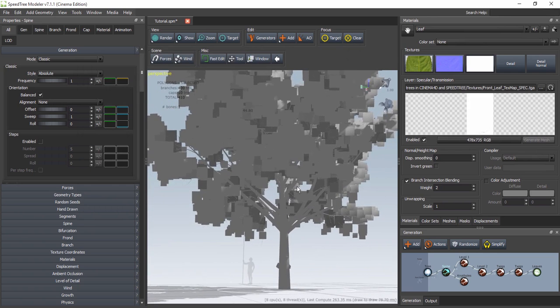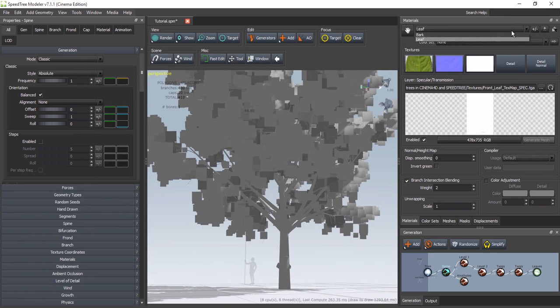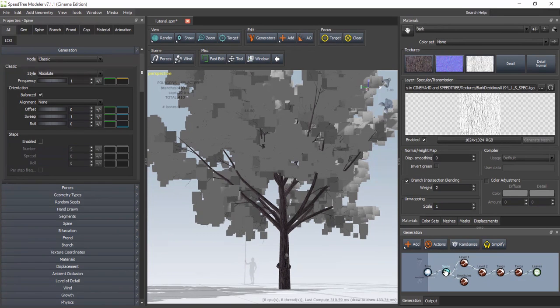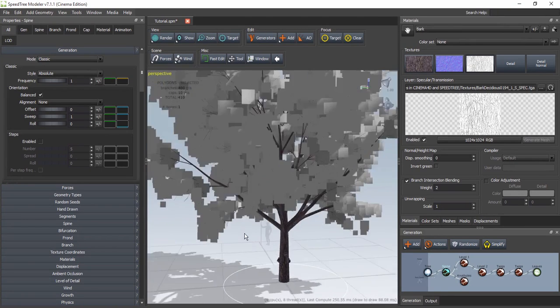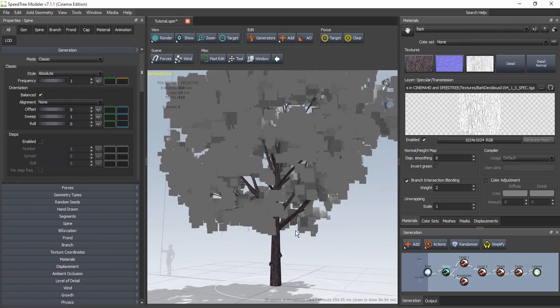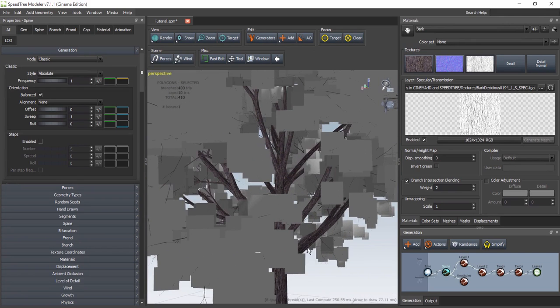Yeah. Now I will apply my bark material to the trunk. I can just drag it from here and apply it to the trunk. Like that. I will say replace branch material and replace cup material. Replace the cup material, and let me see if, yeah,